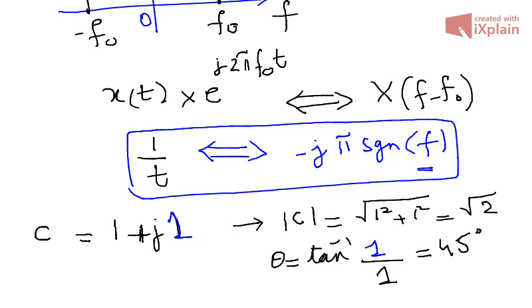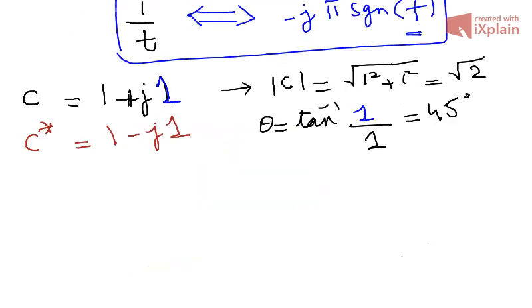Now if I say C conjugate, the conjugate of C, what you do is just change this plus into minus. This is the conjugate. Now when we take the conjugate of this number, what will happen? It doesn't change the magnitude. If you compute the magnitude of C conjugate, it's the same, square root 2, as C. But if you see the phase of C conjugate,